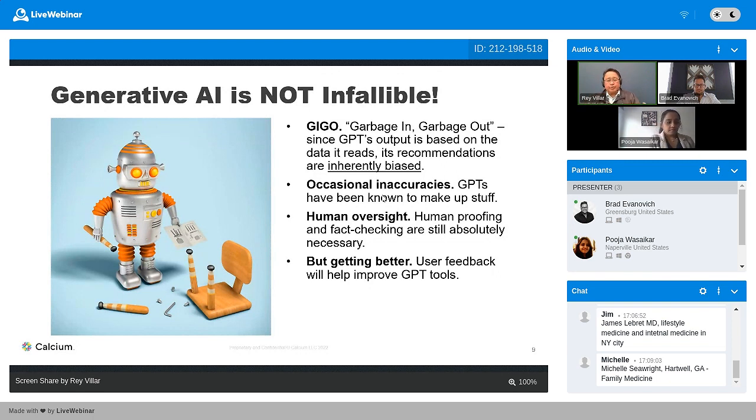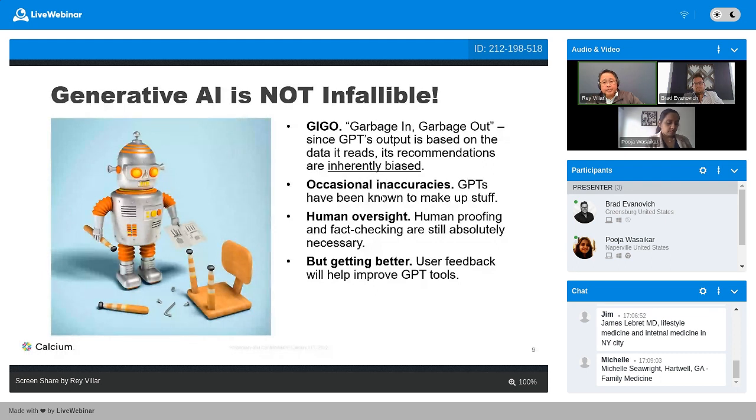So it's great for translation, by the way, and it's great for writing code for apps. And you'll see a lot more of that. I know a lot of coders who rely on generative AI to produce 85% of the code they supposedly write, because it's that good. But it's garbage in and garbage out, so it's going to be inherently biased based on what content it's devoured or consumed.